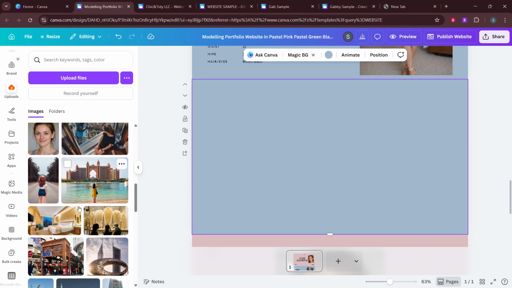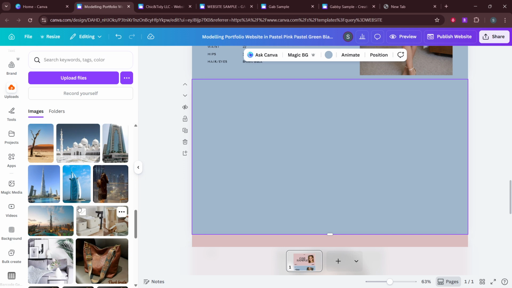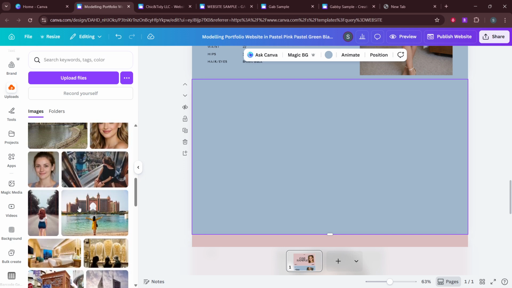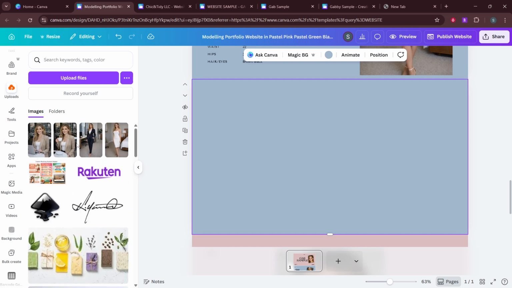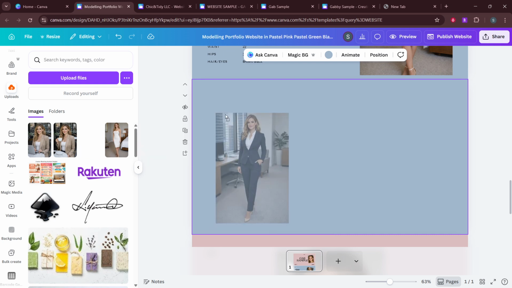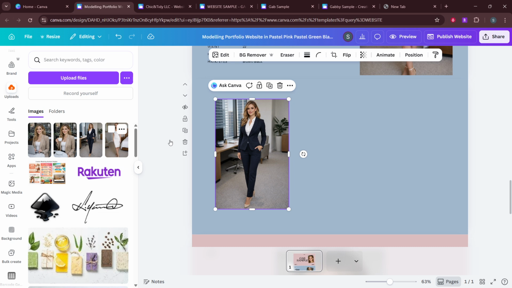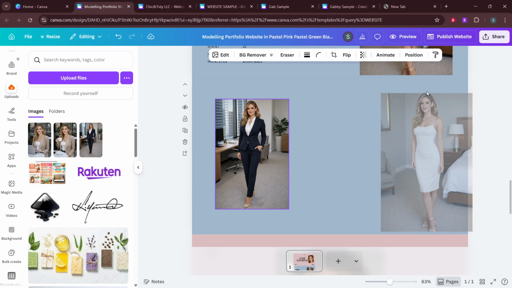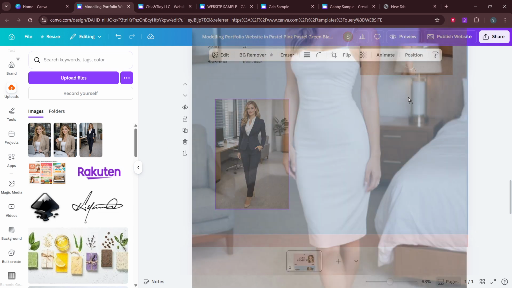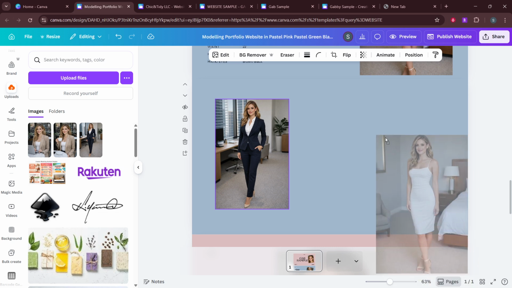To polish the layout, select the images you want to adjust. You can select multiple images at once and resize them evenly by dragging a corner handle while keeping an eye on their relative size. Once they're roughly where you want them, use Position, then choose Tidy Up. This command aligns and distributes the images so everything lines up neatly, giving your gallery a professional finish. If a thumbnail still feels a touch off, nudge it into place and repeat Tidy Up for perfect spacing.